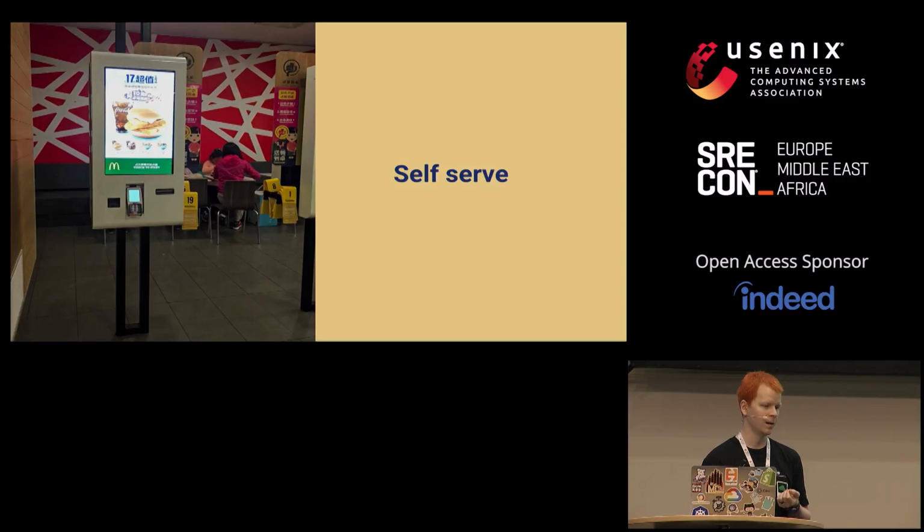And self-serve. This was really one of the cornerstones that we wanted to solve: nobody likes to create issues and wait for somebody else to react to that issue, be it a Jira ticket or whatever. Nobody likes to do that. In my experience, people don't even necessarily like to talk to people. So if you can ask the computer to do something for you via an API, via a web UI, or whatever, that's usually a more pleasant experience than going to some person and asking them to do something for you. So self-serve was the third and one of the biggest cornerstones that we wanted to solve.